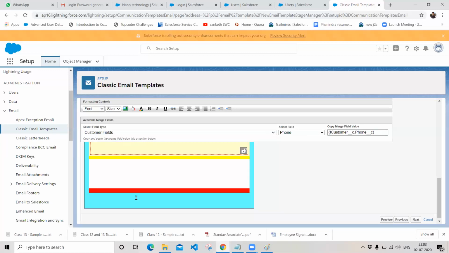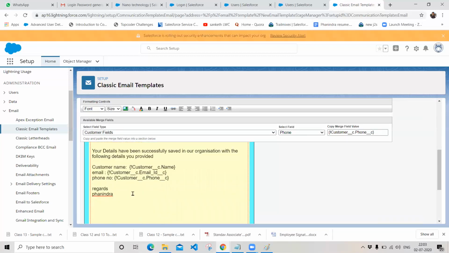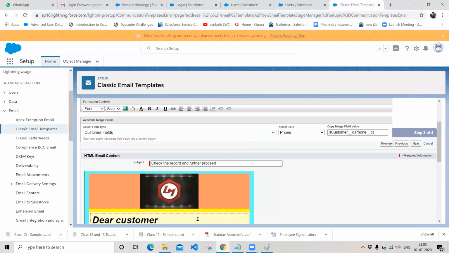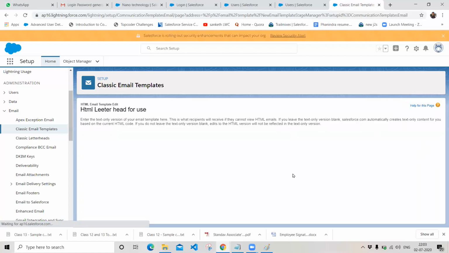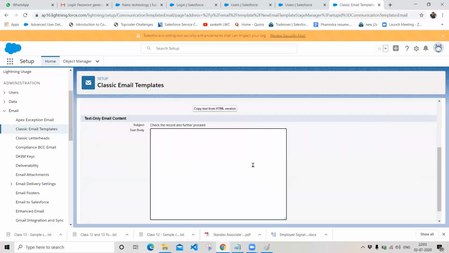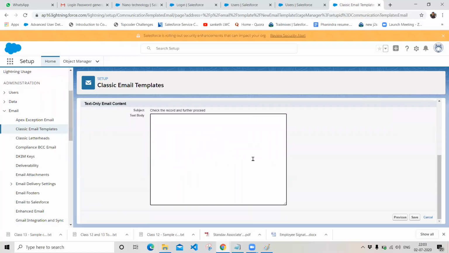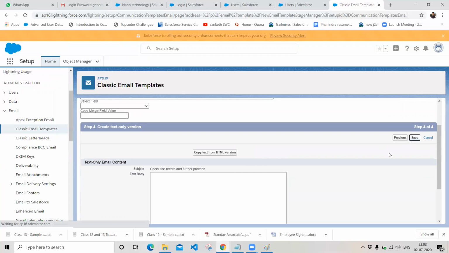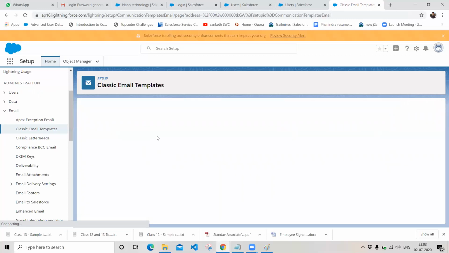So this is how we create our HTML format of email templates, and click on save. Then click on next. Whenever we click on next, if you want to give any plain text body, you can give it, or you can avoid it.